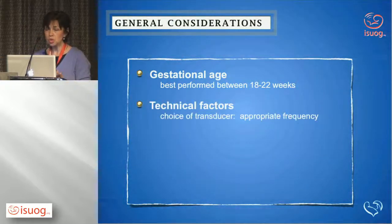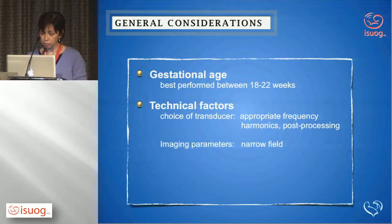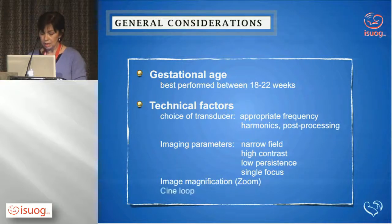Technical factors. Choice of transducer: you need to know which transducer you're going to use, be familiar with them, and which frequency. You can use all sorts of post-processing harmonics that your equipment allows you to. You should also narrow your field to increase the frame rate. High contrast; a lot of these come with a cardiac preset if you have that on your equipment. Low persistence because of the very fast heart rate. Single focus. So we don't want to think about all of these in all patients, so have a preset that allows you to do everything. Use zoom to see the structures very clearly, and cineloop. And I think that's an understated